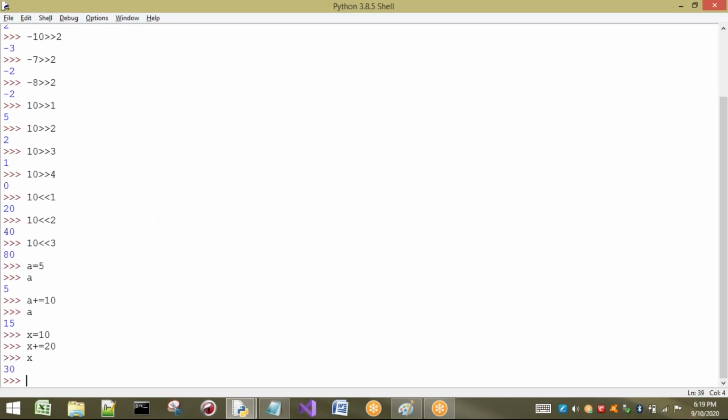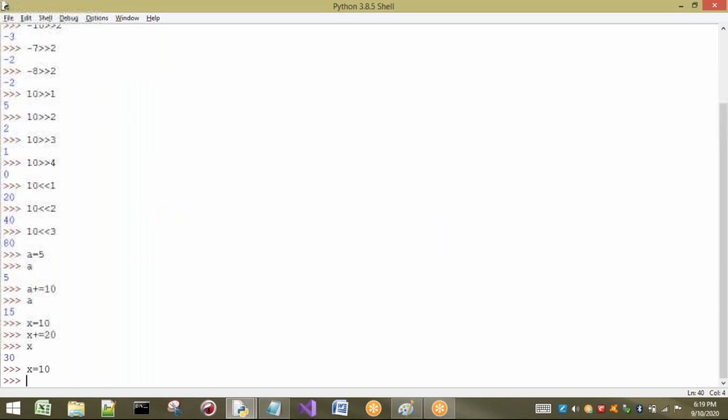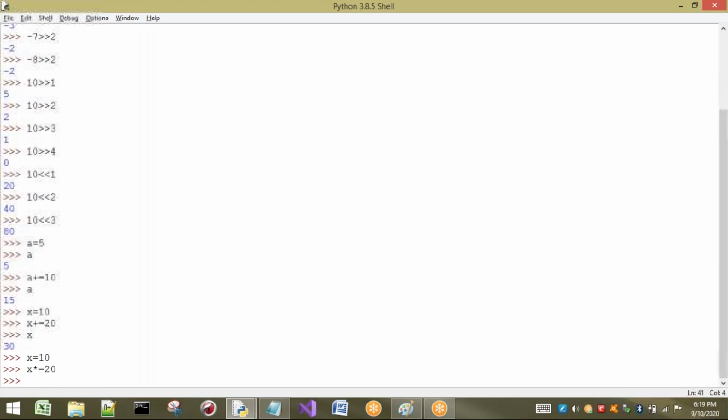So these are called assignment operators. If I print x, the answer we are going to get is 200. These are called compound assignment operators.